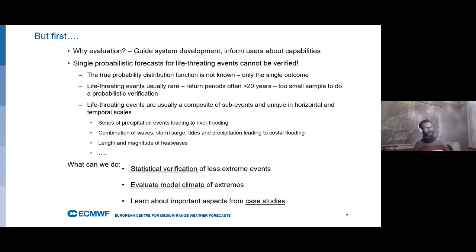But the problem is that a single probabilistic forecast for this type of life-threatening events cannot be verified. So why do I make this statement? First of all, we do not know the true probability distribution function at the forecast time. And in the end, we only get a single outcome. So we cannot verify the reliability aspect, like the ensemble spread, for a single forecast. The next one is that